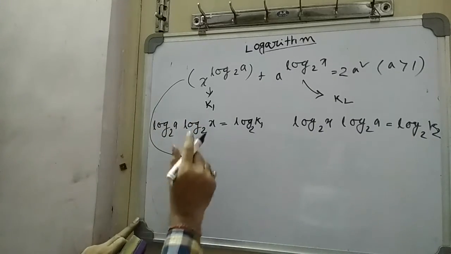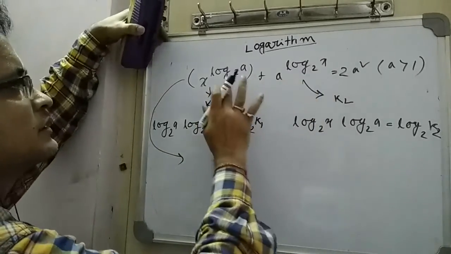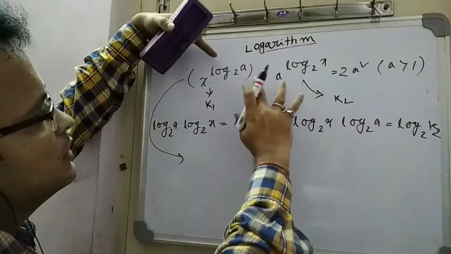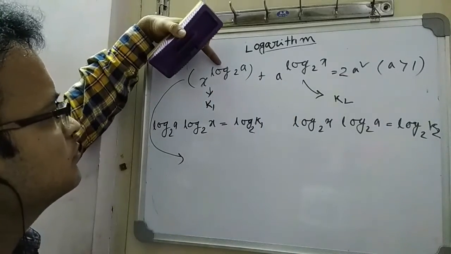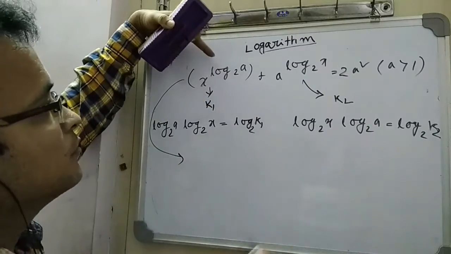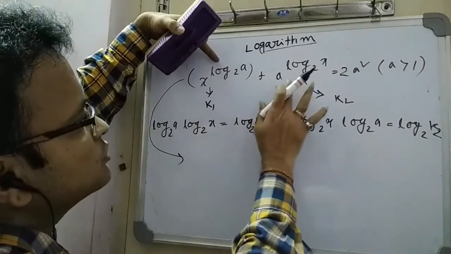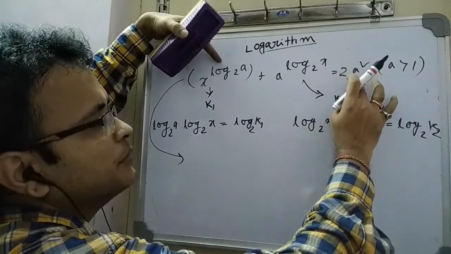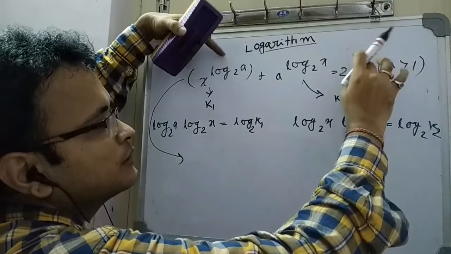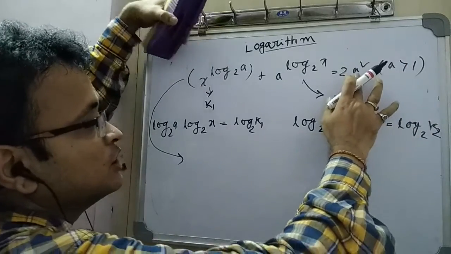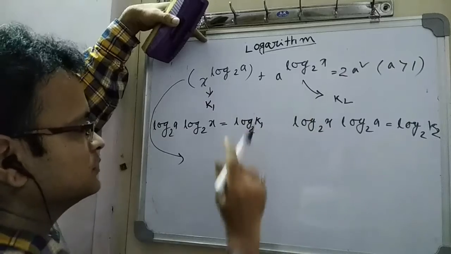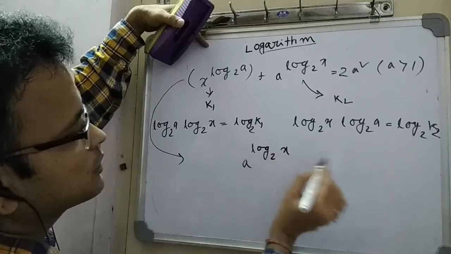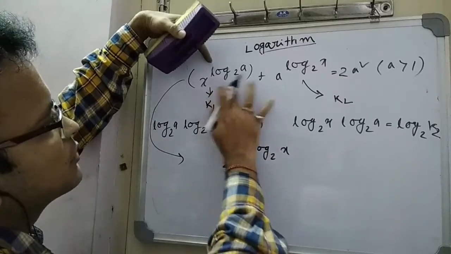So if k1 equals k2, this plus this can be written as this plus this, or this plus this. Okay, these two can be converted to only a single term but 2 times. But which is beneficial, converting these to this or these to this? Just see, it is 2a square. A is the base and in the exponent there is some value, but the base is a. So here also keep the term which has base a so that we can compare easily. So this also I convert to this.